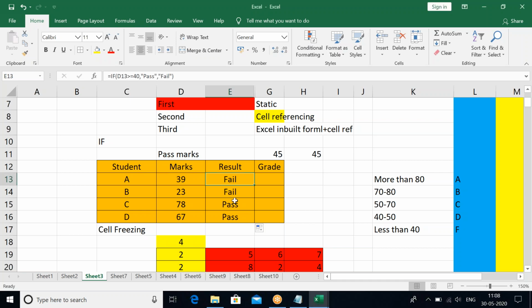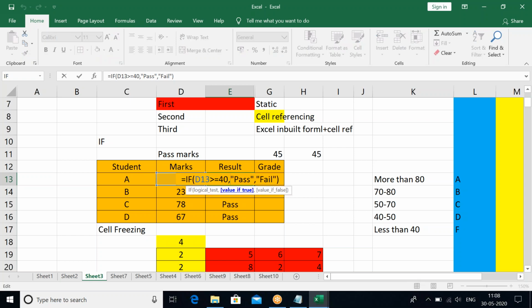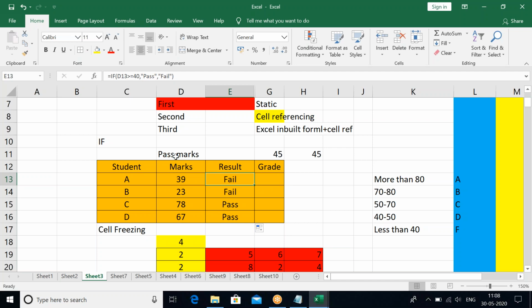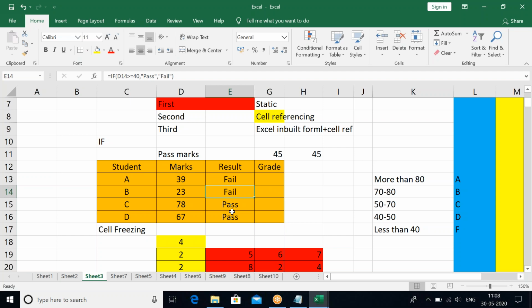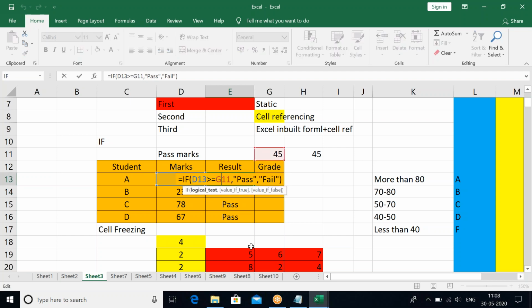क्लियर है सबको ये? अब लेट्स अज्यूम यूनिवर्सिटी ने चेंज कर दिया रूल और यूनिवर्सिटी ने कहा नहीं, पासिंग मार्क्स 40 नहीं है 45 है ना। अब आपको हर फॉर्मूले में जाके इसको 40 को टाइप करो 45 करो, इस बहुत कम्बर्सम प्रोसेस है। उसकी जगह लेट्स अज्यूम मैं अपने पासिंग मार्क्स मैंने टाइप करे 45 यहाँ पे और इसको सेल रेफर कर देता हूँ। रिमूव दिस 40 जो मैंने टाइप किया था फॉर्मूले में और मैं इससे लिंक कर देता हूँ। अब मुझे ये ड्रैग करना है तो आई डू नॉट वांट G11 टू ड्रैग, नीचे करूंगा तो G11 G12 हो जाएगा, तो आई विल फ्रीज दिस सेल नाउ।